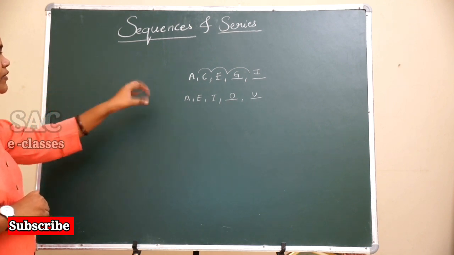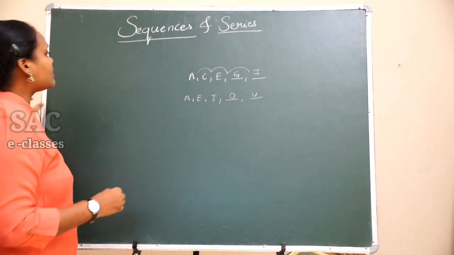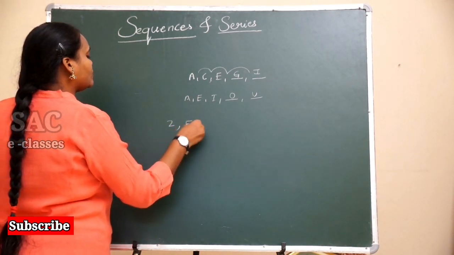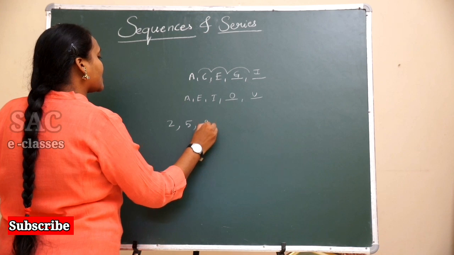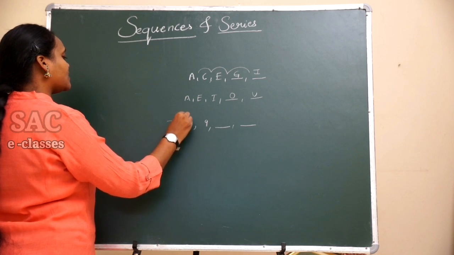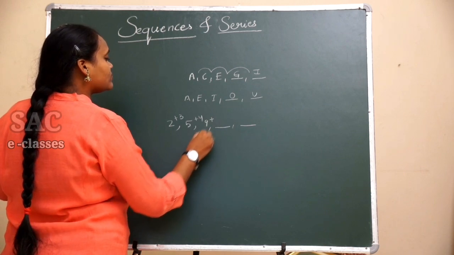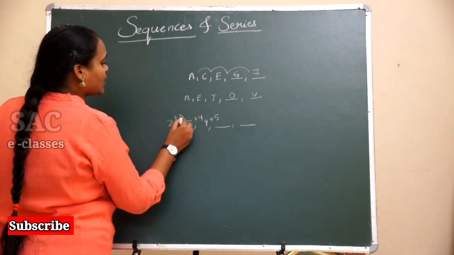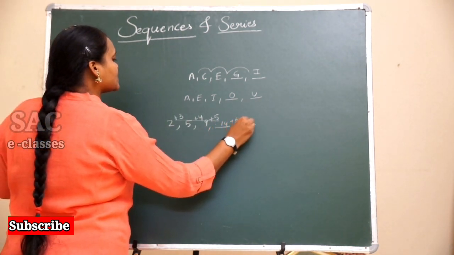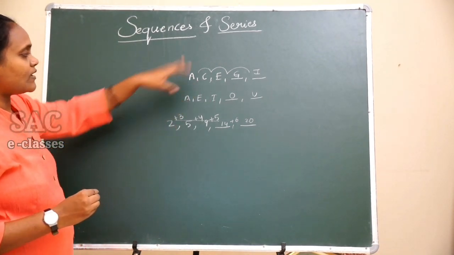That means if any common rule is there, obviously we can find out the next one. And for example, I have taken 2, 5 and maybe 9. Can you guess what is the next one? Yes, obviously, here we are adding 3, here adding 4, and here we definitely add 5, because I have taken consecutive natural numbers. So what will you get? 14. After 14, plus 6, it's 20. In this way we can take it. This is also one kind of pattern.